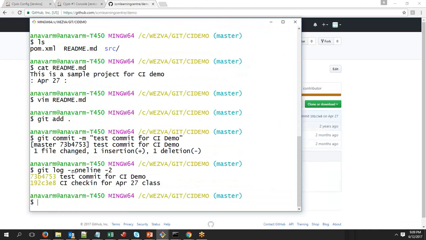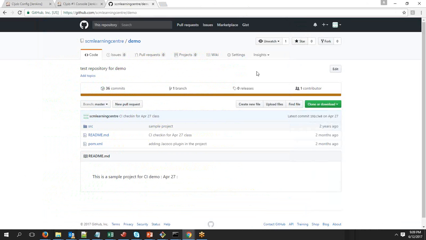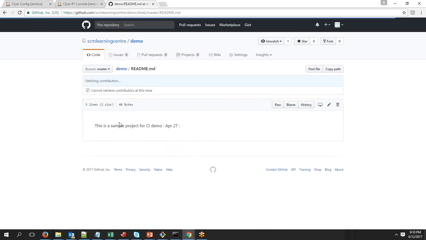So now you can see it has created a new commit ID, that is 73B4753, and that is not available on your central repository, because only if you do a push it will be available there. Okay, now be very clear, this is our test workspace. As a developer, we have created one workspace and we have done a commit. Neither is this available in the central repository, because if you can see the content, it will still show you the old content, as well as